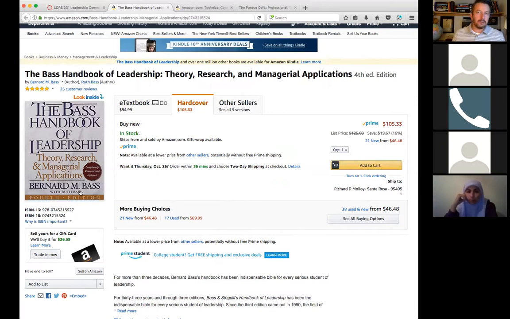You might have to, at some point in time, get the new edition, but this is 1,200 pages, and it's leadership theory, it's leadership research. It's really soup to nuts everything about leadership from a very academic perspective.